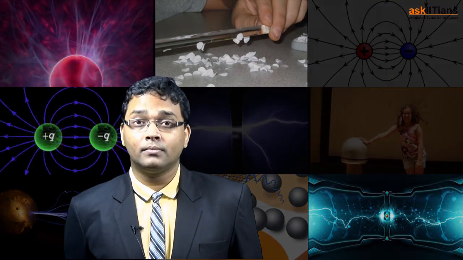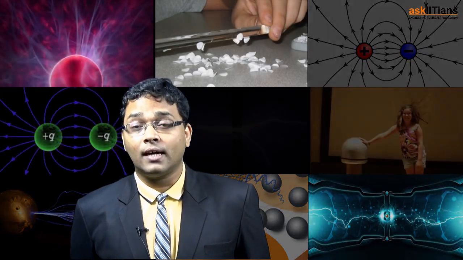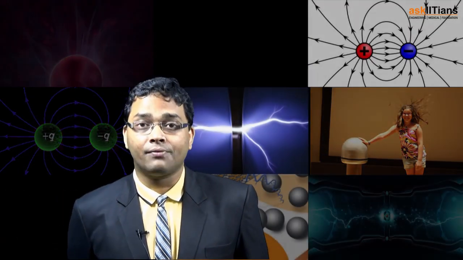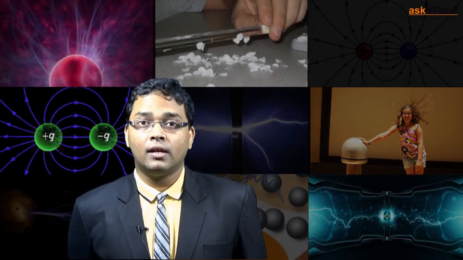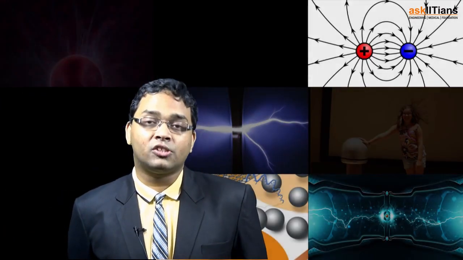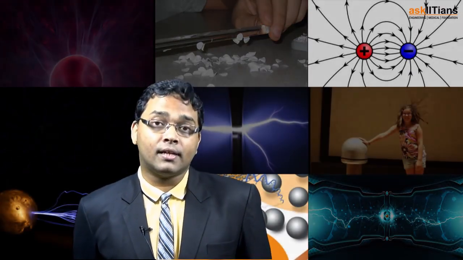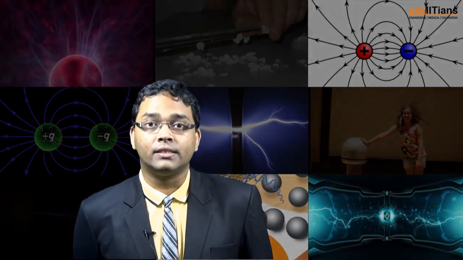So students, we learned about the basic background of electrostatics. We understood that we need to know what an atom is and what it constitutes of. It constitutes of the charges, right? So what do those charges do and how do we classify them? That is, we understood about the positive charge, the negative charge, and what happens when you have an excess of electrons or a deficiency of electrons. That results in either a positively charged object or a negatively charged object.